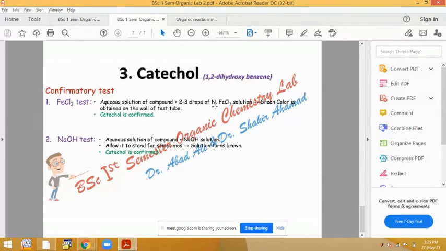So from this color change after adding FeCl3, we can easily differentiate between the three phenol groups. So this is very easy and most important. They are colored solids, so from the solid, by directly observing the compound color, you can get an idea. And plus after FeCl3, the color changes also. First one is violet, second one is yellow, and third one is green. So from this FeCl3 test, we can easily identify our phenol group.